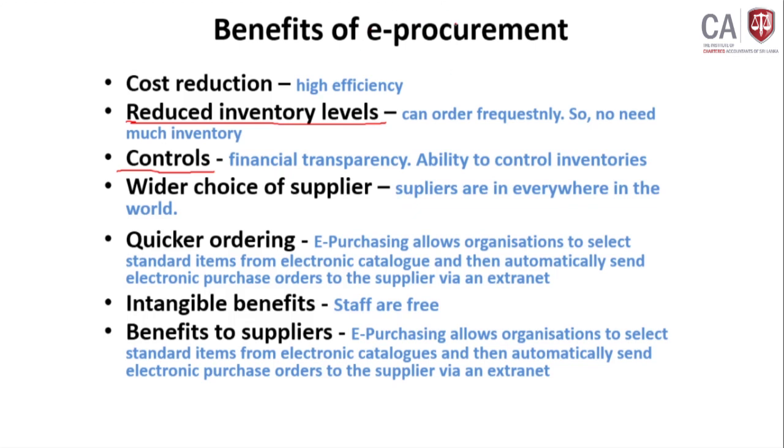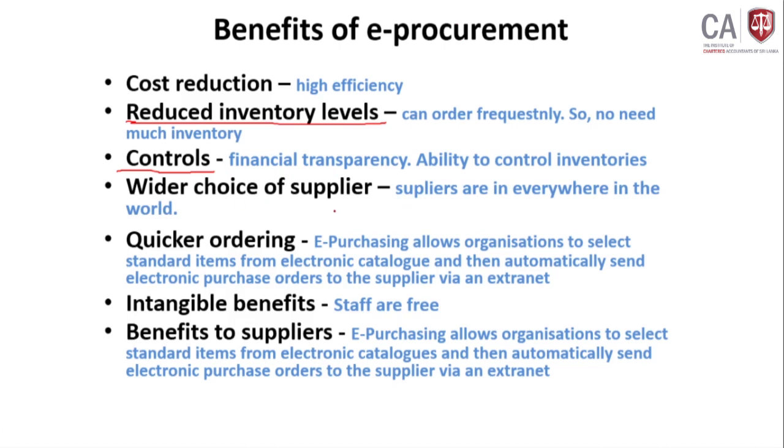And also financial transparency, that can be open for many people. Some organizations open the prices also for everyone. When someone is pricing at 100, another is pricing at 90, 80. Likewise, different people price at different prices. That also can be transparent to everyone. So, there can be such systems.